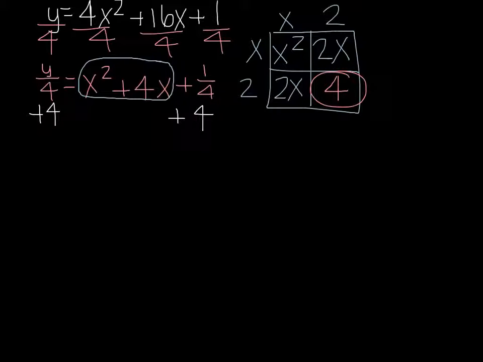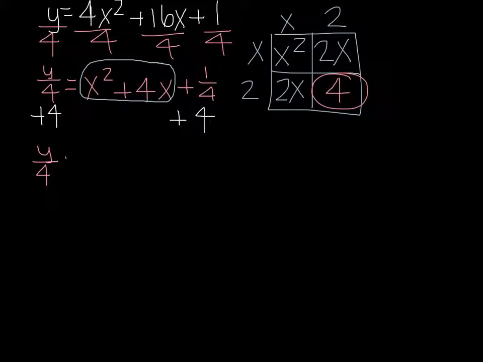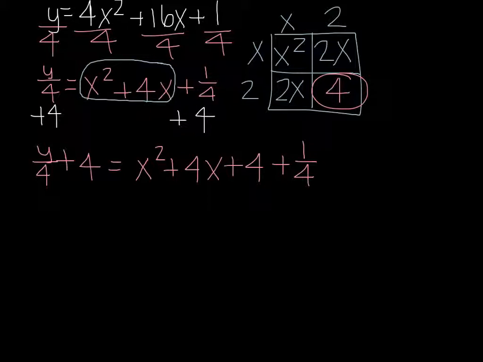That means that we have y over 4 plus 4 is equal to x squared plus 4x plus my new 4, and then we still have the plus 1/4 hanging out. This is awesome because this part is equal to this square, which we know factors to x plus 2